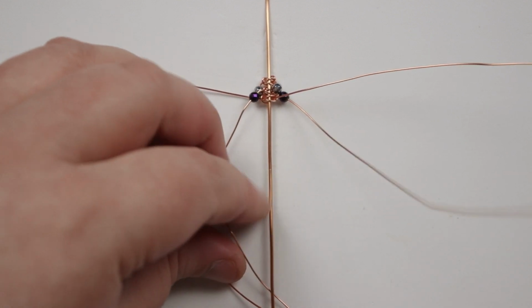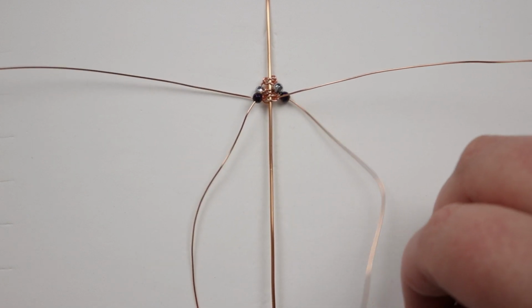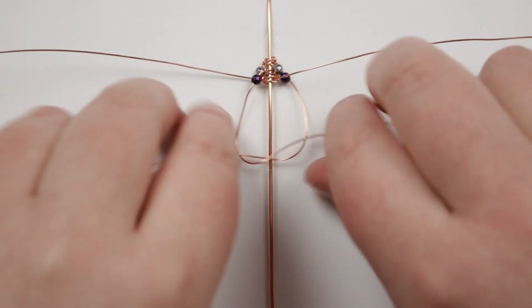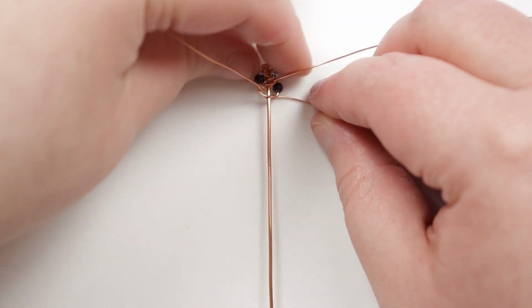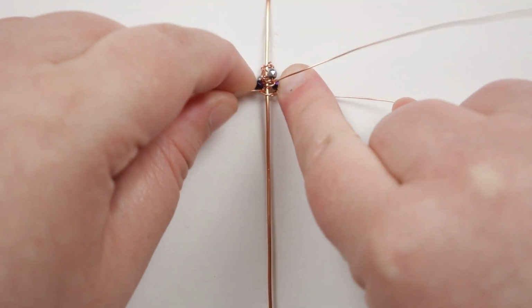Again, to cage the beads in place. And remember, as I'm tightening my first half of the knot here, just make sure the beads stay up top. And you can turn the previous knots a little bit as well, because you actually want these beads to sit,